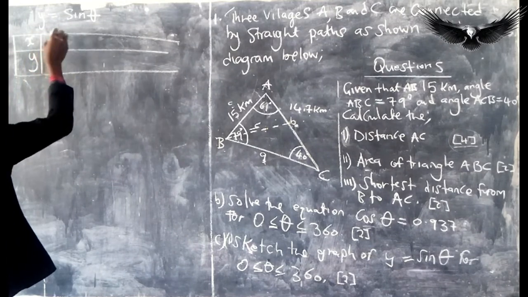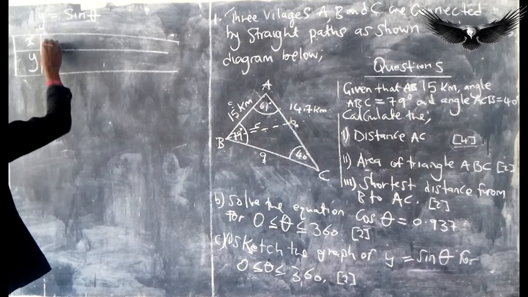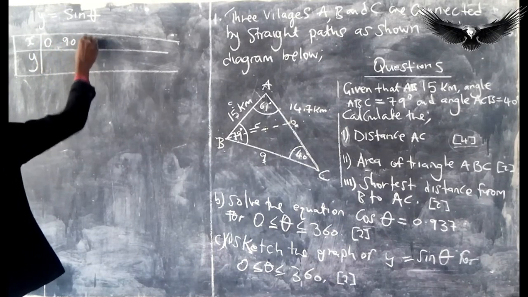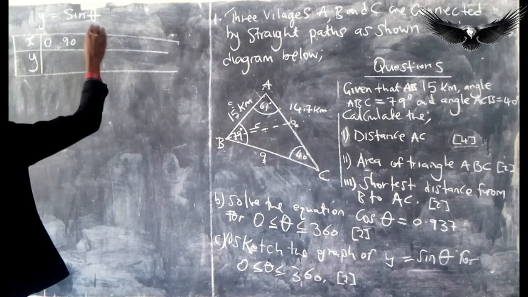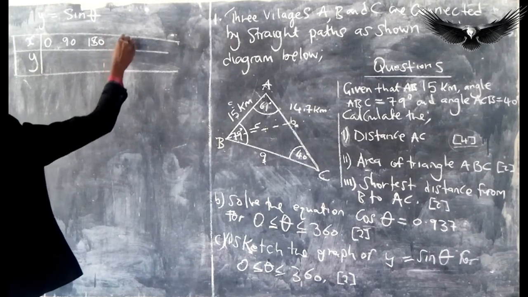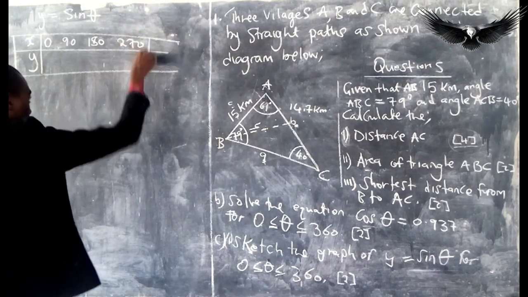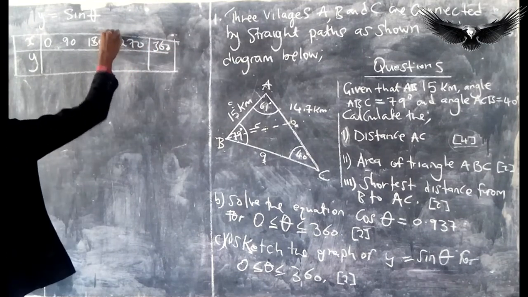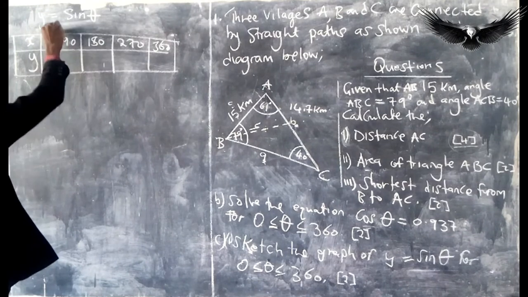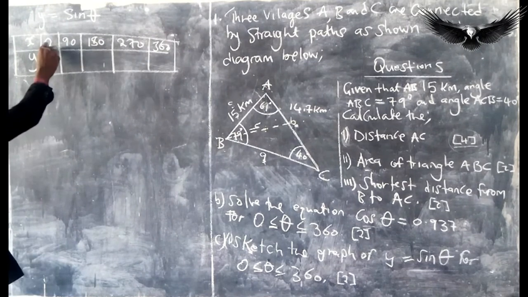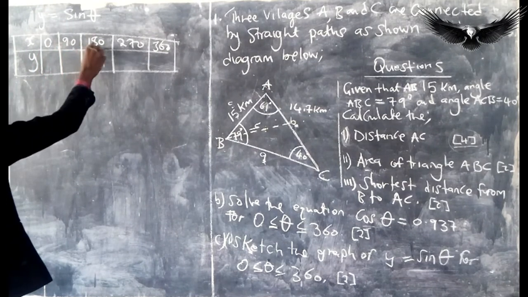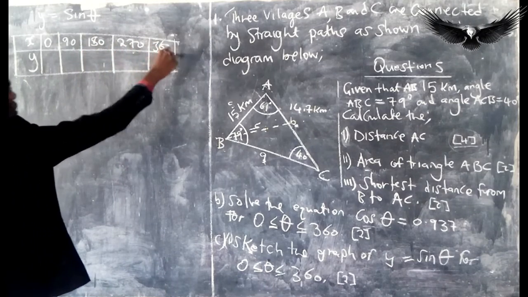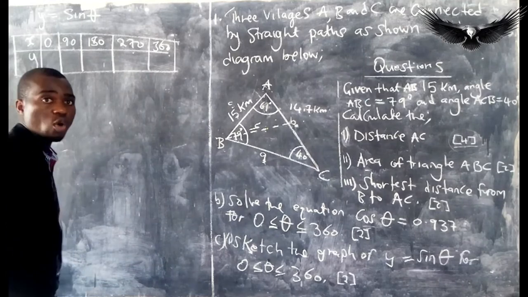So you are going to write now the angles. You start, write 0, then from 0 you go to 90, from 90 you go to 180, from 180 you go to 270 until finally you reach 360. So this is how the angles move. So we are just adding by 90. 0 plus 90, 90. 90 plus 90, 180. 180 plus 90, 270. 270 plus 90, 360. And 360 is the complete